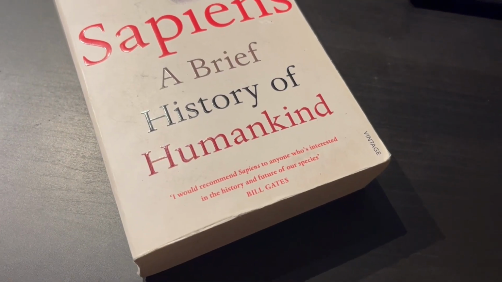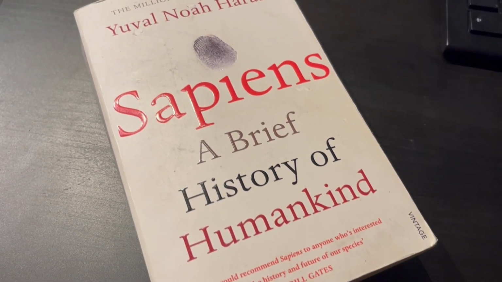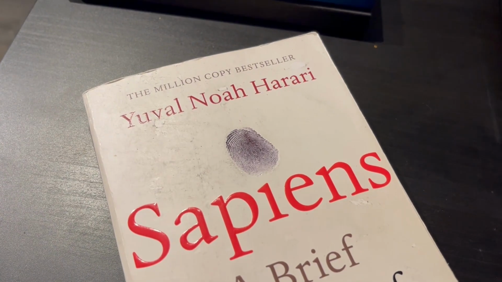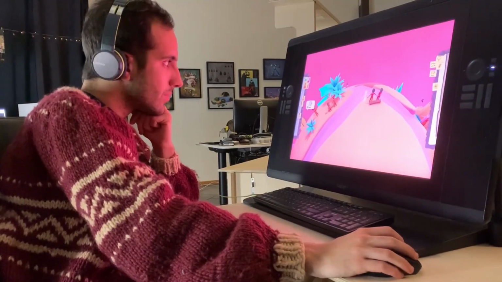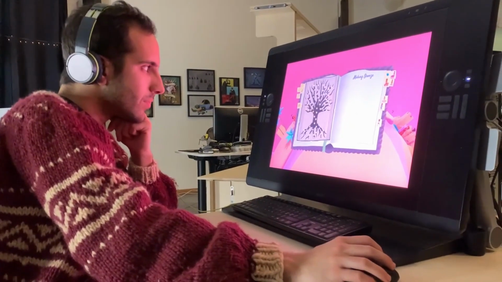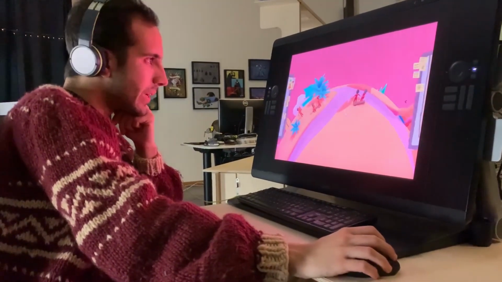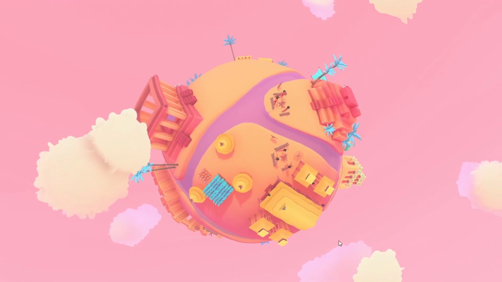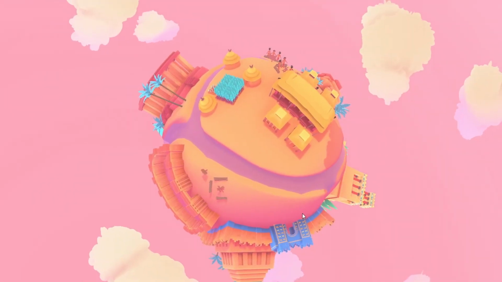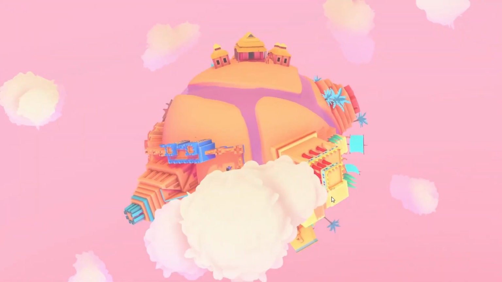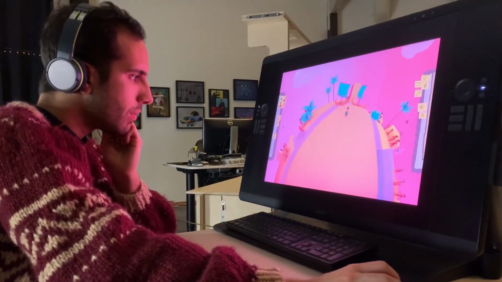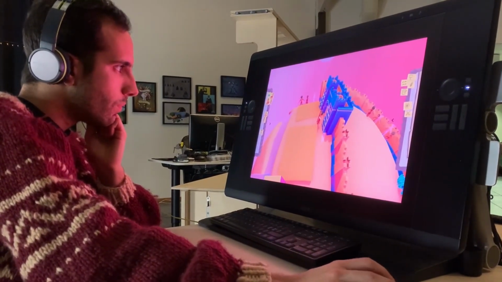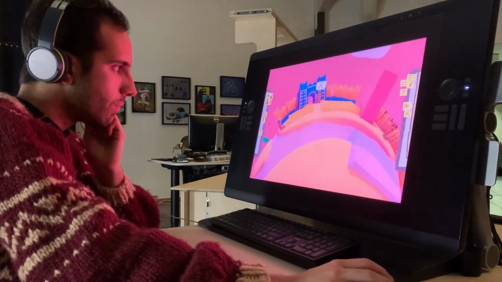Even though I get a lot of inspiration from history books, the ways of organizing and categorizing information are very different in a video game, and I wanted to utilize these methods and to make it easier for players to take in that information. Before, I had one level per age, like the Bronze Age in this example, that had several cultures packed onto the same planet. During a playtest, multiple people said they had a hard time to orient themselves and wanted it to be clearer which culture they are currently learning about.